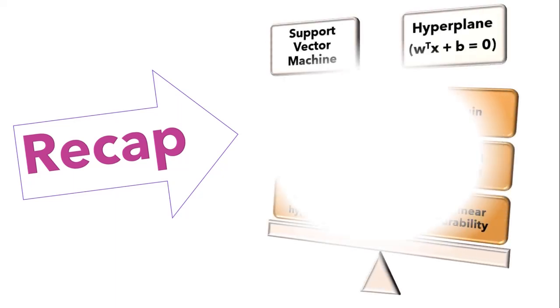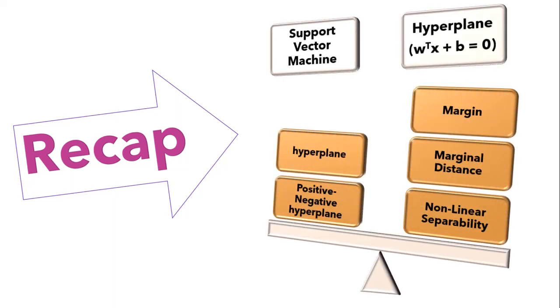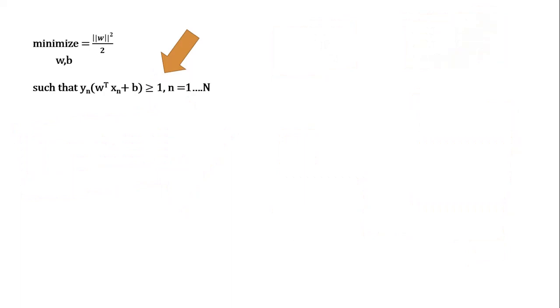Let's have a quick recap of what we discussed in the last video. So we found the hyperplane equation, that is W transpose X plus B is equal to 0. Then the positive and negative margin line equations and the total marginal distance, that is 2 over norm of W, which we have flipped so that we can maximize the margin by minimizing the W term. So now we have to minimize the objective function, that is square of norm of W over 2.